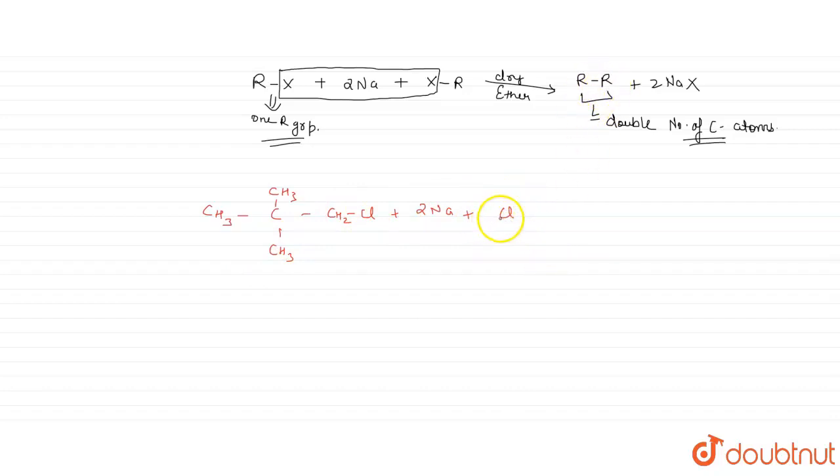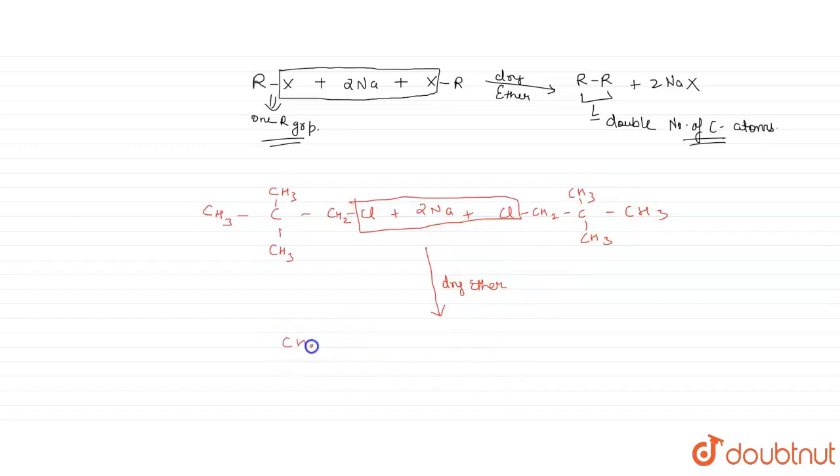And this is the way of learning this Wurtz reaction. You can learn this reaction by this. You just need to remove the 2NaCl from here, and you can easily form the product. Okay, so you need to just redraw it again. It will be CH2, C, CH3, CH3, CH3. When this reacts with 2Na in presence of dry ether, then 2NaCl will be removed, and the final product will be like this.